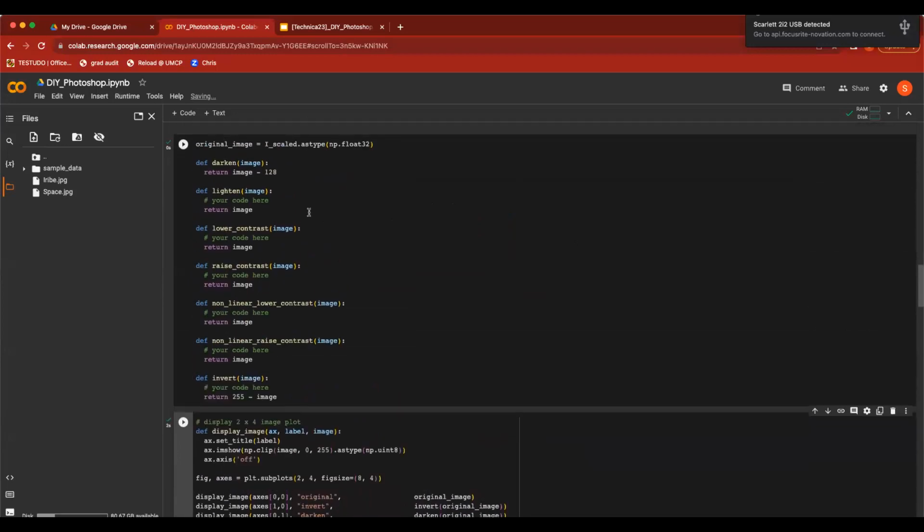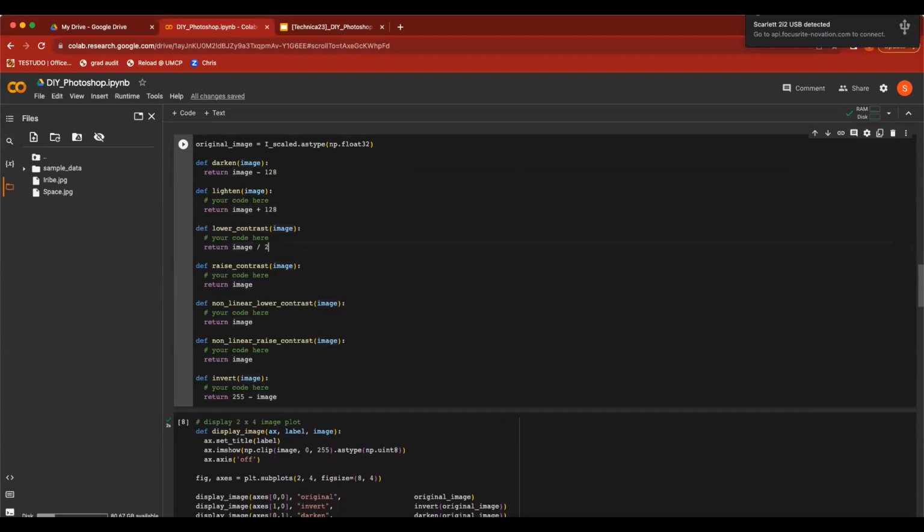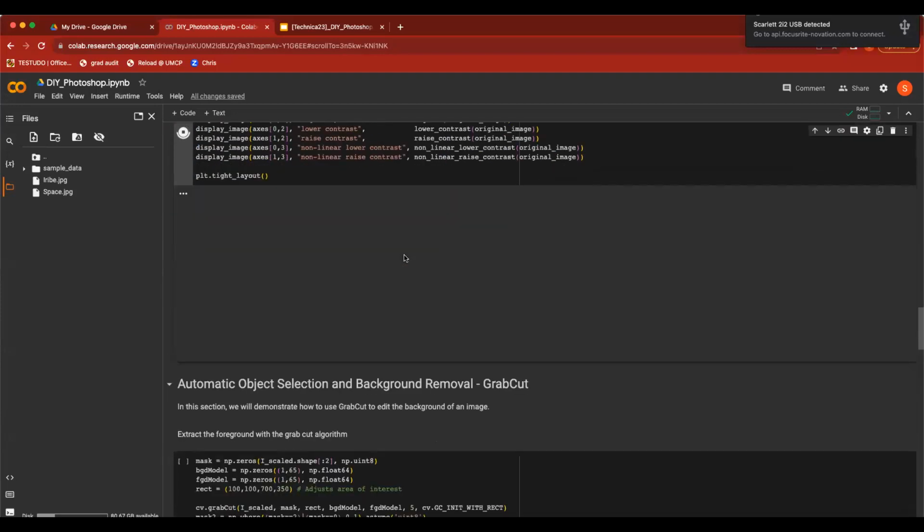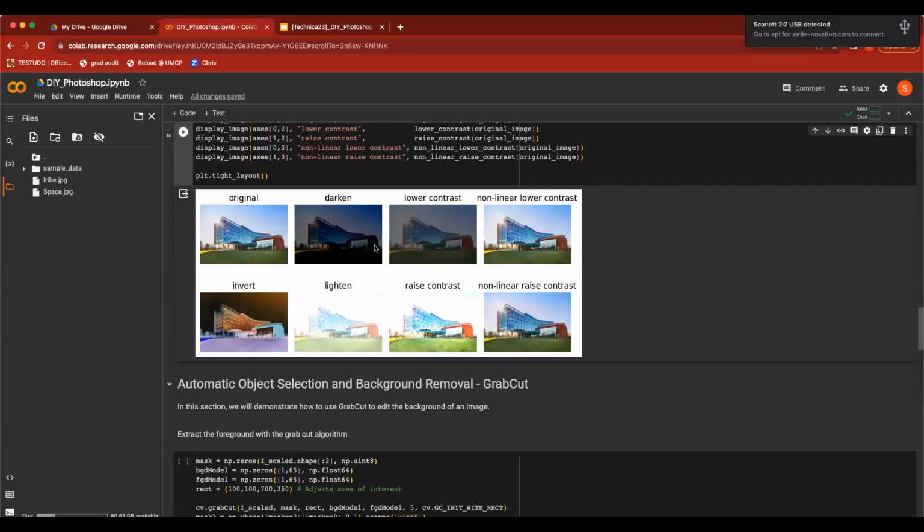Okay, so we'll quickly go through the rest. Lightening the image is the opposite of darkening. So instead of subtracting, you want to add. To lower the contrast, it's dividing by 2. And to raise the contrast, you want to do the opposite, so times 2. And quickly see the effects of those. Right, so we've darkened the image, we've lightened the image, which is probably not great, but we've raised the contrast,